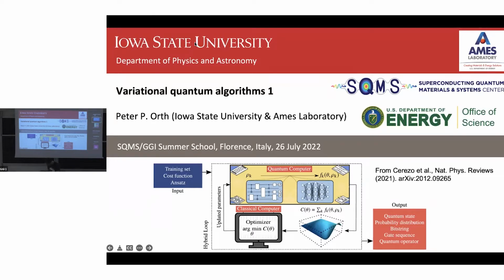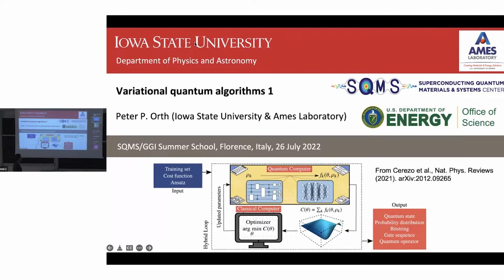Okay, so let me start with a few slides, and then I'll give a Blackboard talk because you are field theorists, at least some of you are. This first slide is a summary of what I will be talking about, from a review that appears in a journal that I have no access to. I checked the archive version, but it's a pretty good review by a lot of people, and it summarizes in Figure 1 what variational quantum algorithms are. And there I can use this pointer.